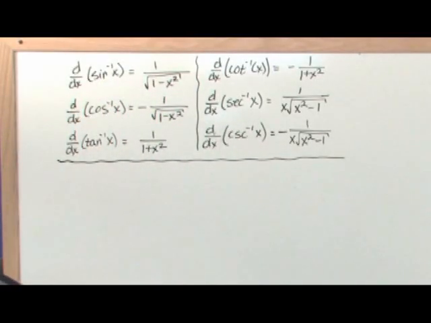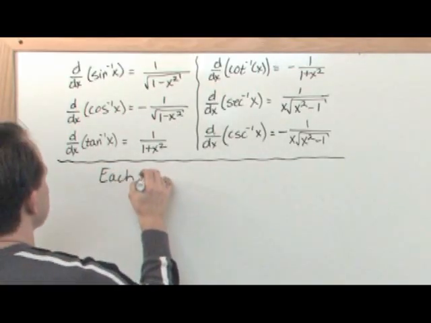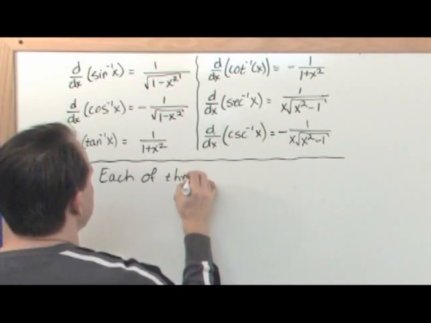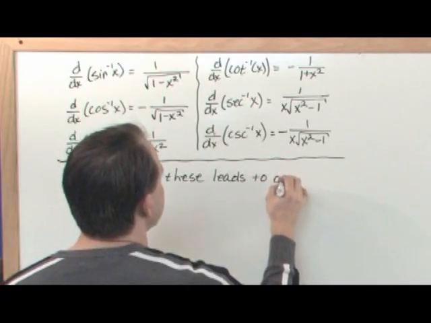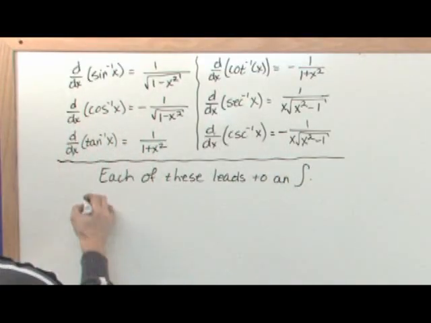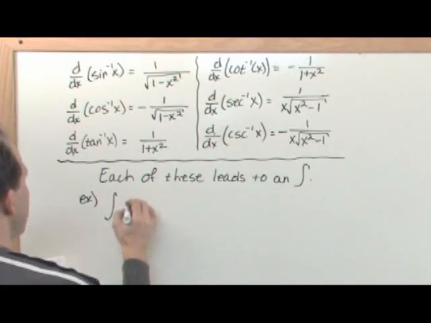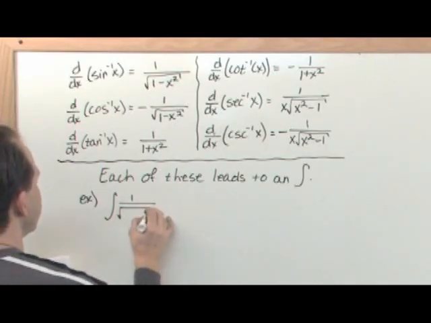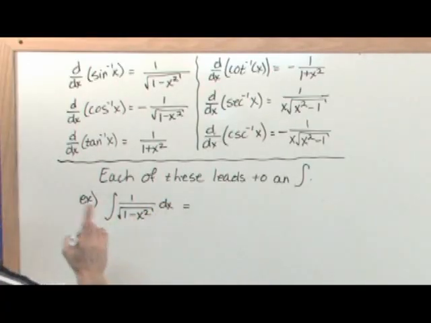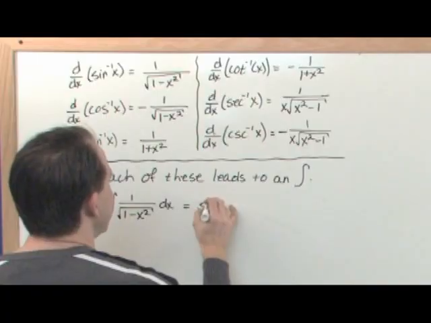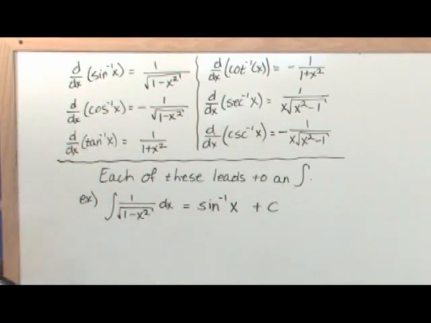So just to kind of put that down, each of these leads to an integral. Okay? So for example, now you know without a shadow of a doubt that the integral of 1 over the square root of 1 minus x squared dx is equal to, by definition, the inverse sine function or the arc sine function of x plus a constant, because it's an indefinite integral, and you always have